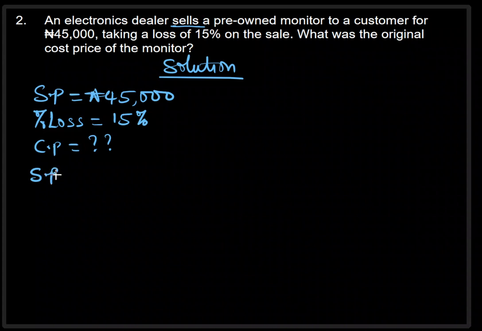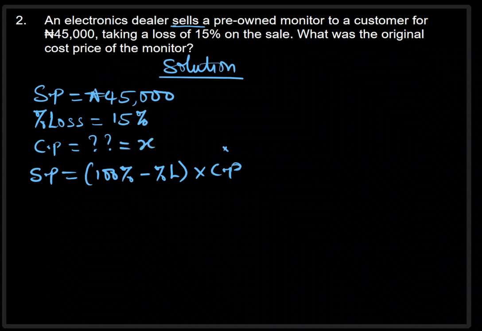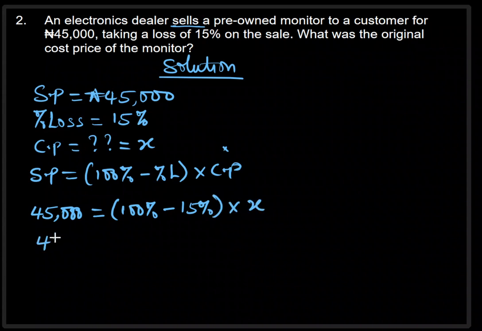So we have that selling price is equal to 100% minus the percentage loss, then times the cost price. We've been given our selling price, but this is the one that's missing. So let's make the cost price X. Our selling price is 45,000 naira, which is equal to 100% minus the percentage loss, 15%, then times X. So we have that 45,000 naira is equal to